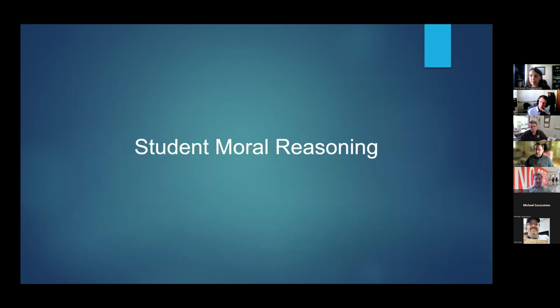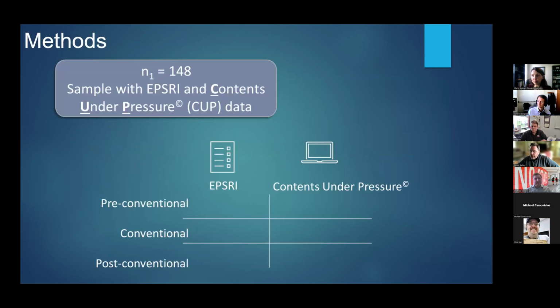Next slide, Matt. The other aspect of research that we have looked at is students' moral reasoning, in line with what Dan Berkey introduced with Kohlberg's moral development theory. Next slide. And so with this particular study, we ended up doing a paired data set